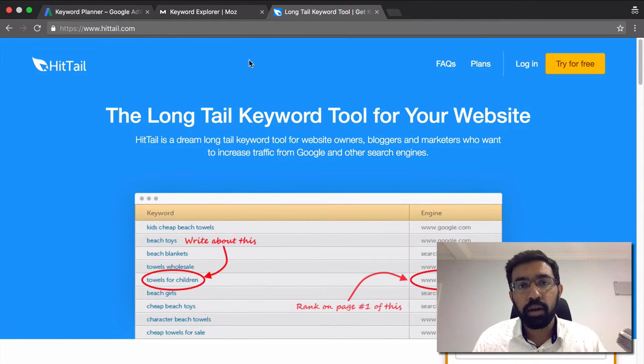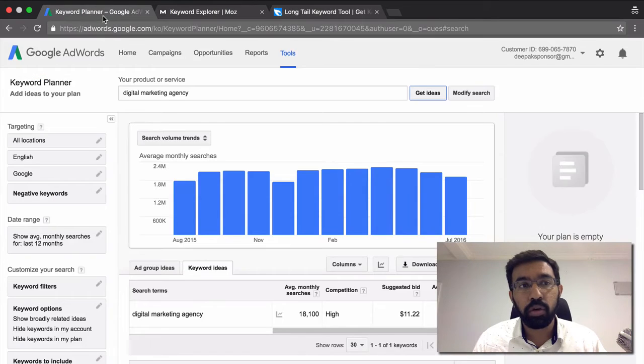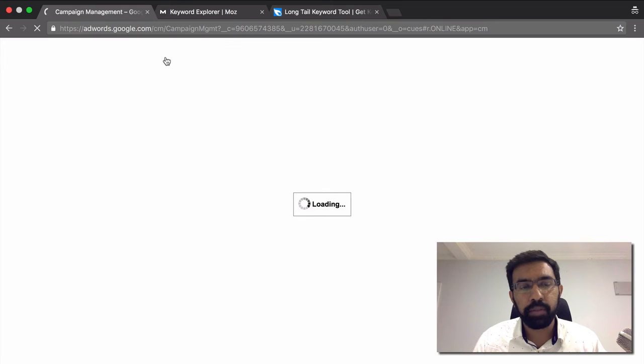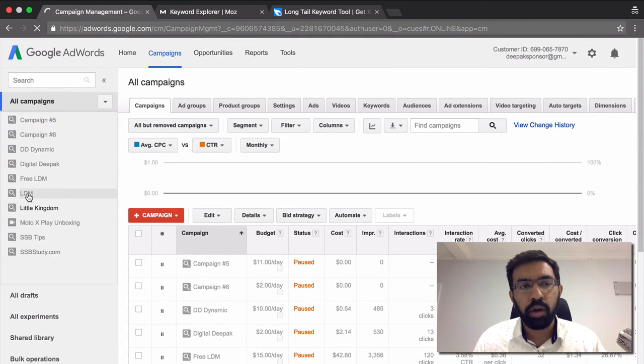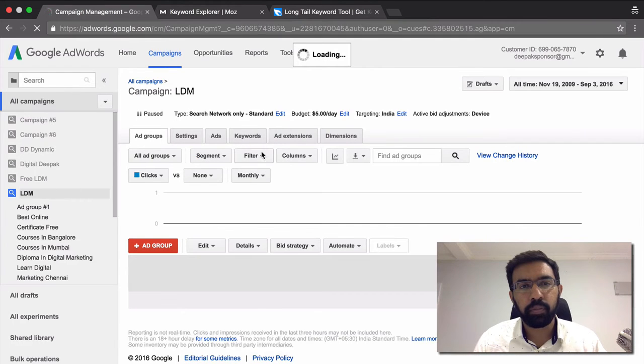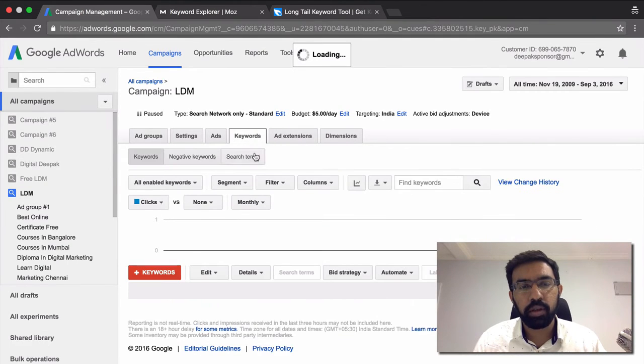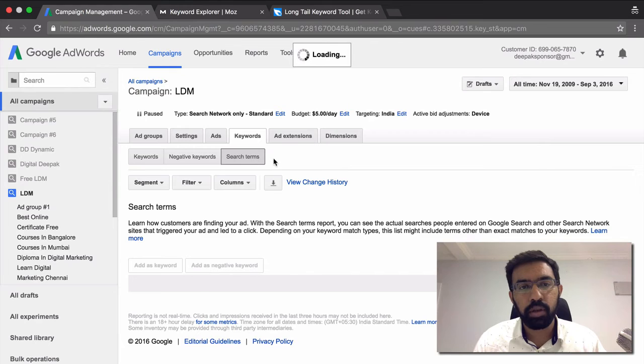We also talked about Google search terms, so I will show you. If you go to campaigns and take one campaign, go to keywords and then search terms.